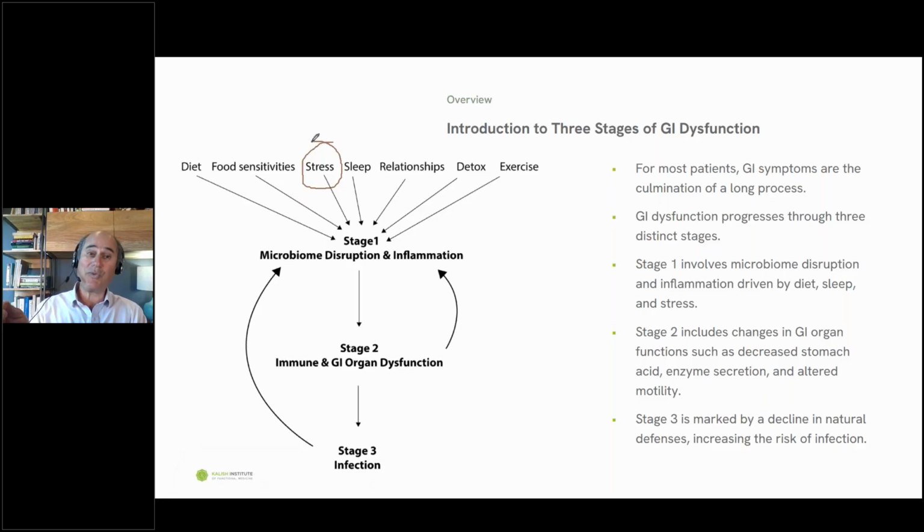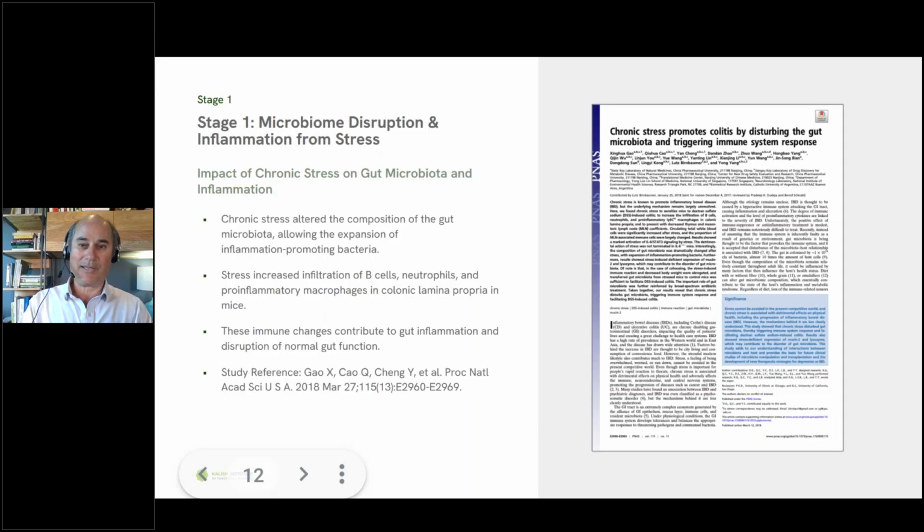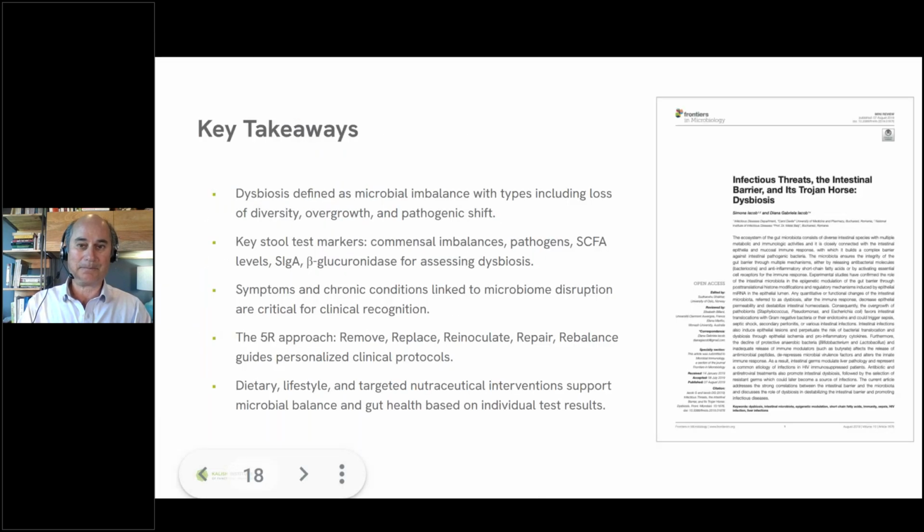So that first 2 months of a GI program has no GI symptom, no GI treatments yet. So we're doing the 5th R first. It works much better this way. And then at the beginning of month 3, you start with the removal, okay? If you start with the pathogen treatment and you haven't set the stage for the immune system to be stronger, it just doesn't work as often. You're going to be incredibly frustrated if you do it that way. So you could do the 5 R's, but they're out of order anyways. That's maybe part of why I don't like them.